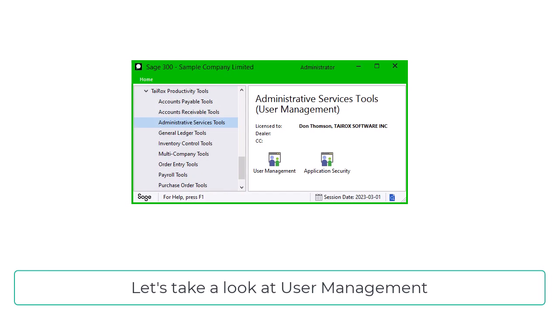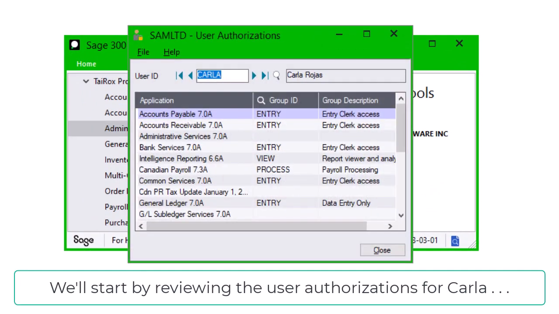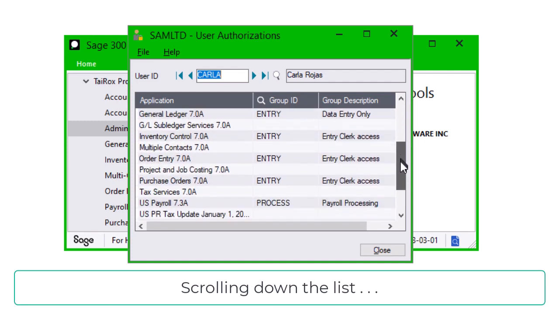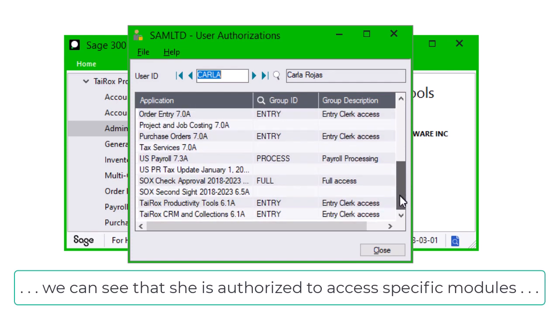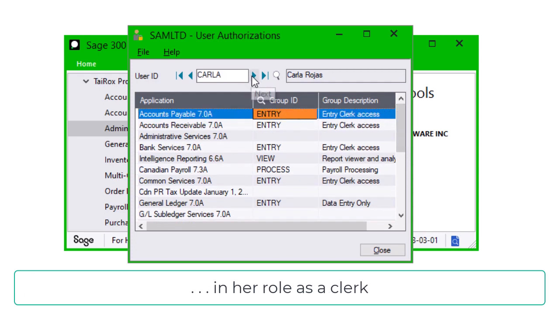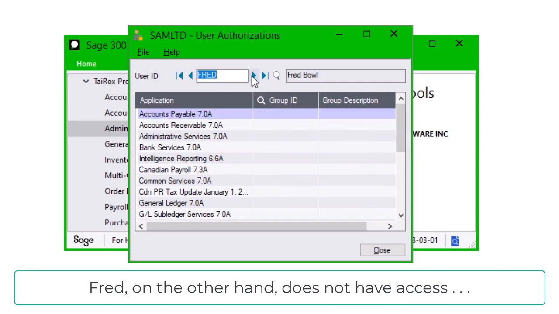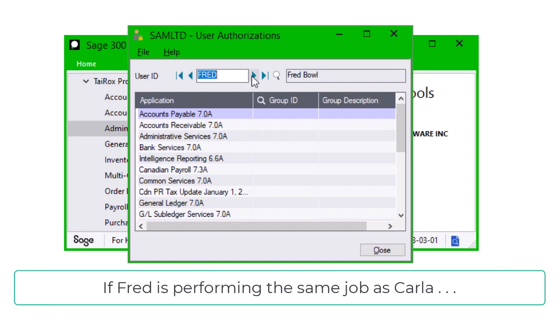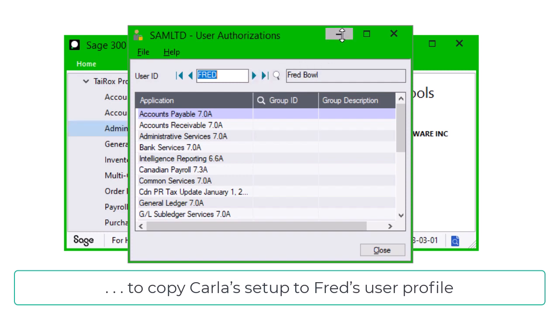Let's take a look at user management. We'll start by reviewing the user authorizations for Carla in Sample Company Limited. Scrolling down the list, we can see that she's authorized to access specific modules in her role as a clerk. Fred, on the other hand, does not have access to any of the modules available in Sample Company Limited. If Fred is performing the same job as Carla, we can use user management to copy Carla's setup to Fred's